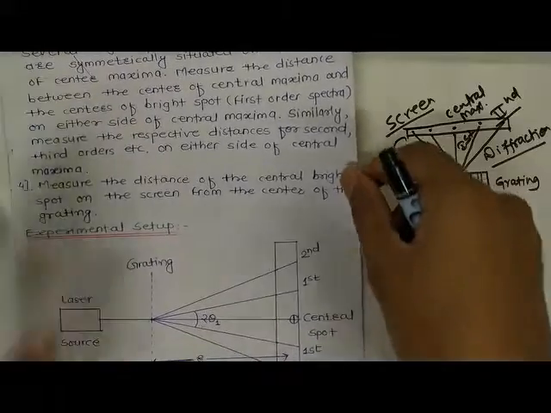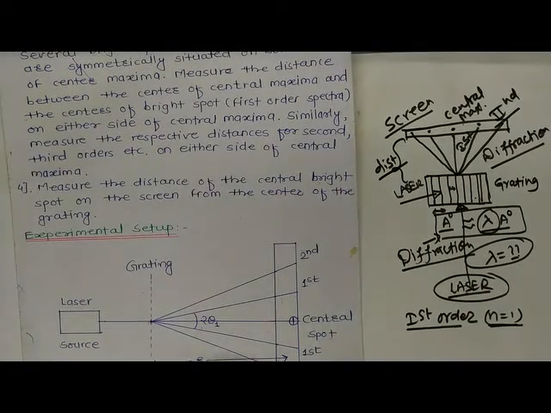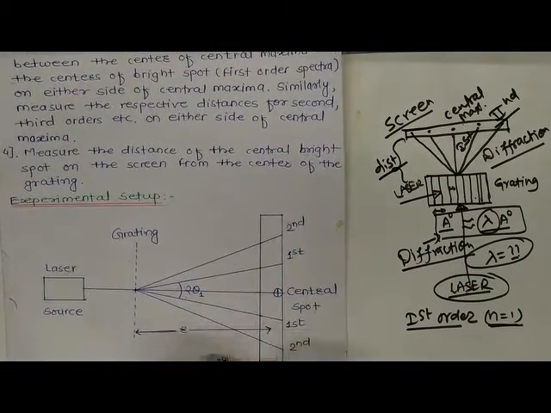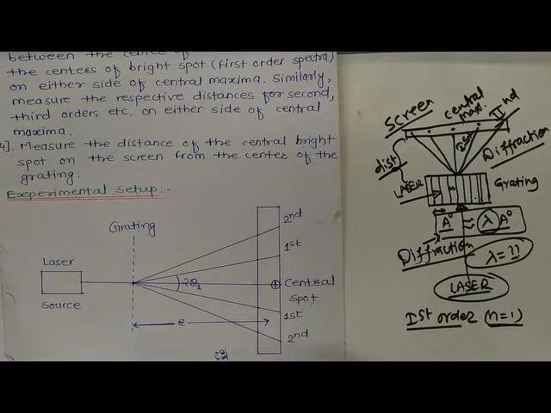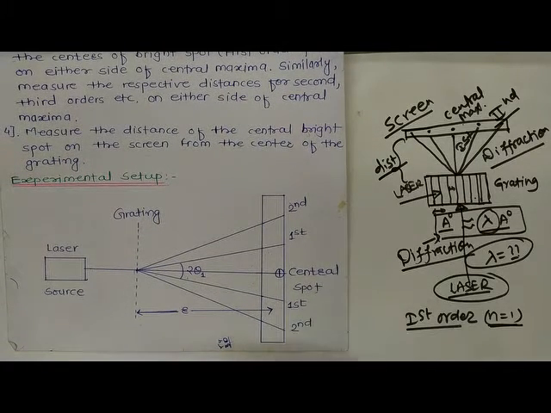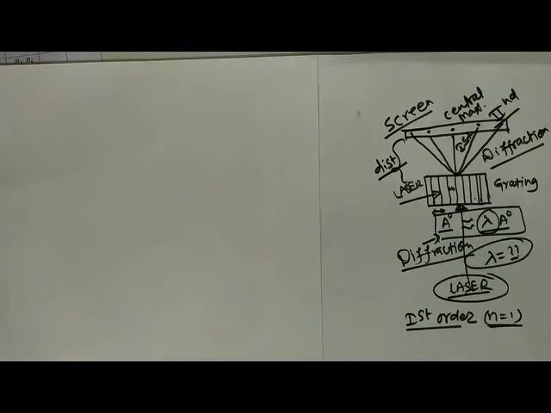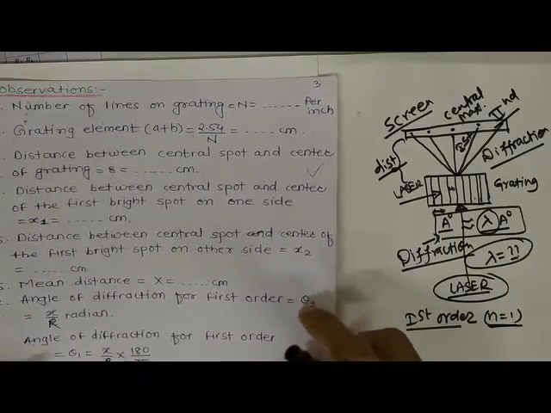This is the sophisticated diagram you can see, which is given in our journal. Don't worry, I will post the link of this journal in the description box. By clicking on that link you can get the PDF form of this particular chart or journal. Okay. Now let us talk about the observation table, how to do the observation table and how to fill it with different readings. So yes, these are the observations.